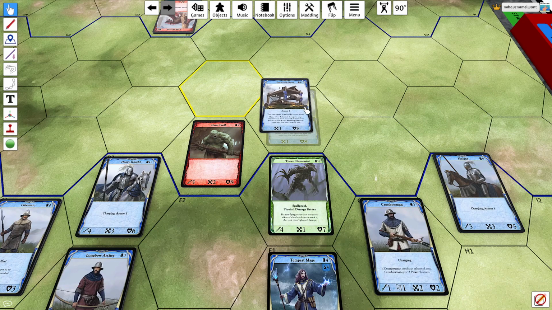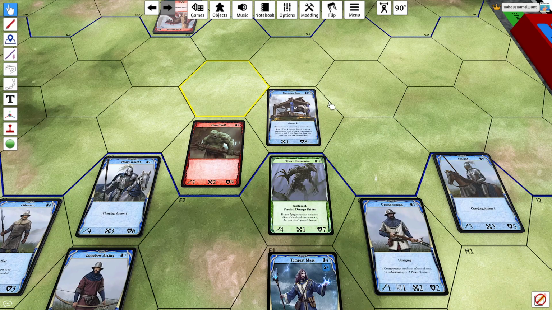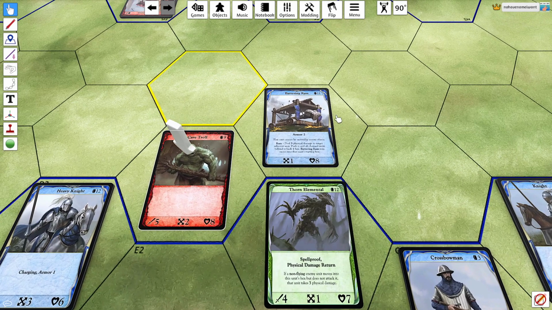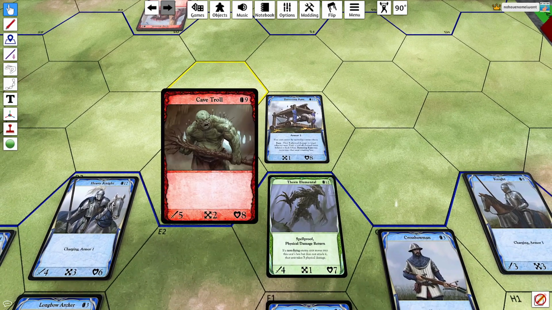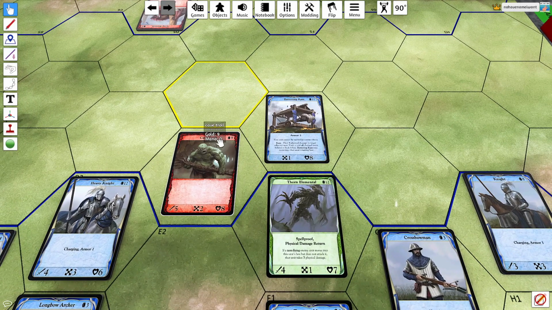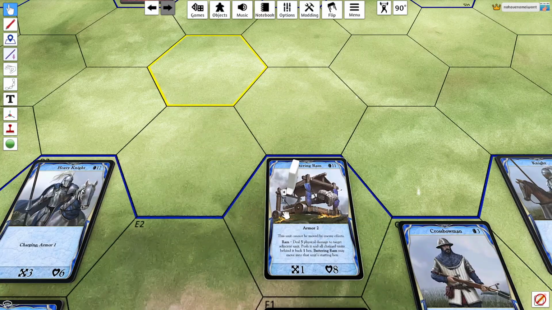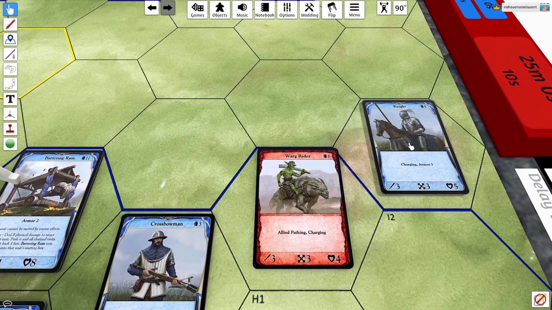So usually these really slow units like to just move up, sit here, and then just be here the whole game. Like Cave Troll, Thorn Elemental, Battering Ram. They usually just like to sit in the middle the whole game. Cave Troll can kind of move around just because he has 2 movement, but he is still pretty slow. No charging, gets shot a lot, so a lot of the slow units like to be in the front line as well. And then obviously in the flanks,